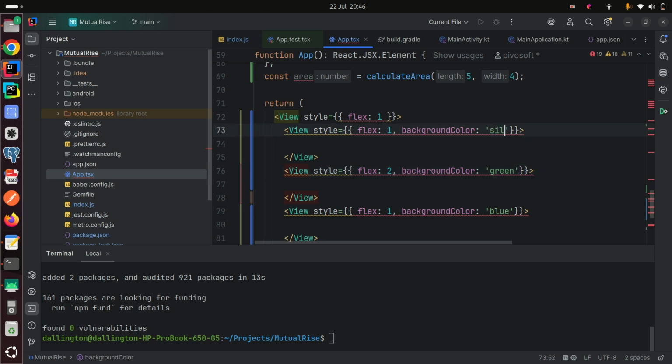So let's see if I can put silver. What else can I put here? Gray. What else can I put here? What is it called? It's almost like white. I've forgotten the color. Anyway,